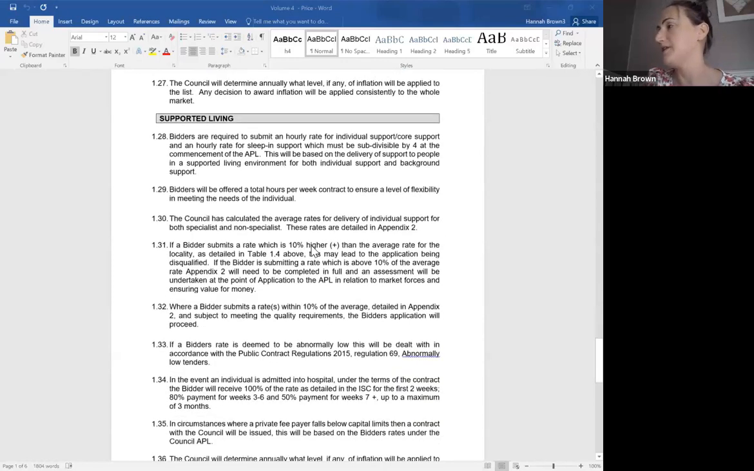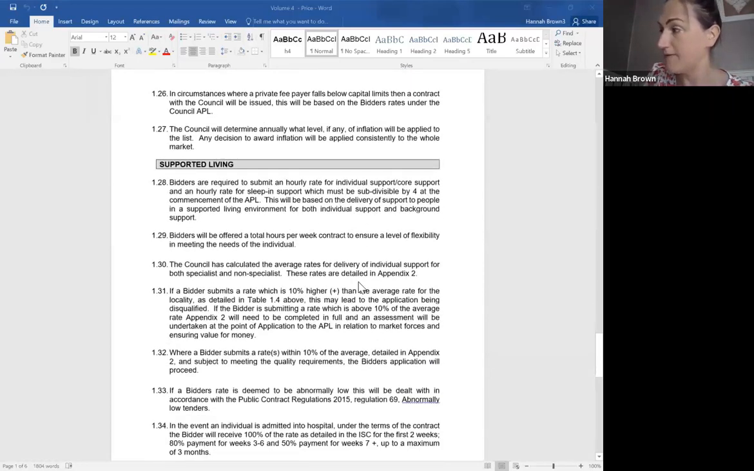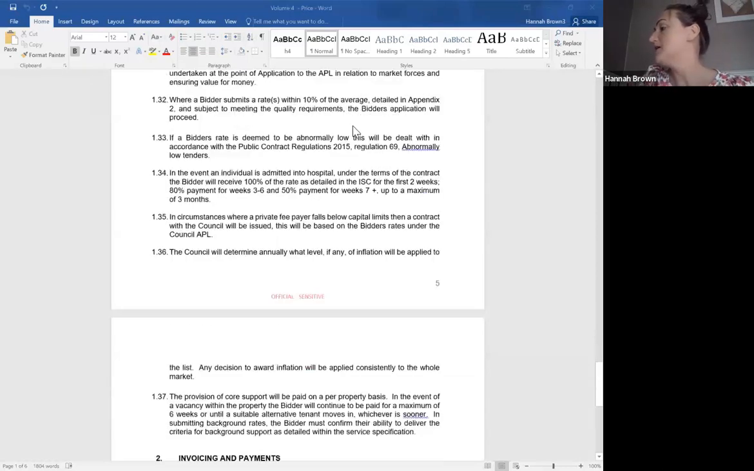And then we've got supported living, just some detail around supported living there. So supported living and home-based support services, again, I'll show you in a second, but we've provided the average current rates for services, and providers are being asked to submit rates within 10% of that. Where rates are higher than that average that we have provided by more than 10%, then there's a request for some rationale within the appendix 2. So if you just bear with me, I'll stop sharing that and I'll move directly onto the appendix 2